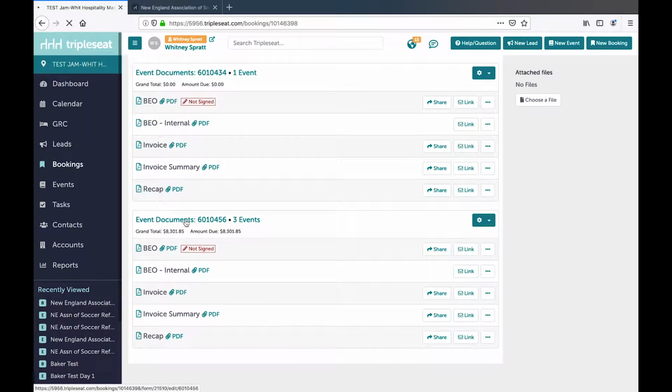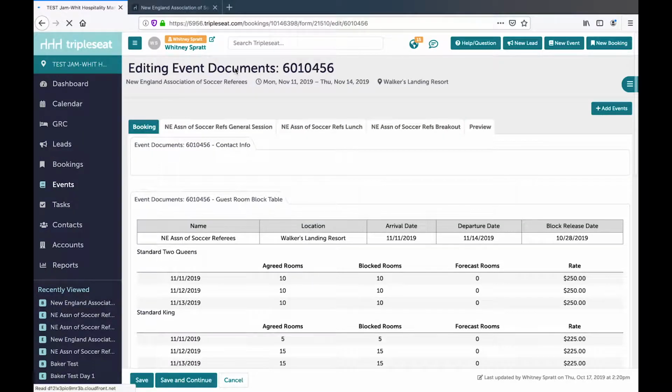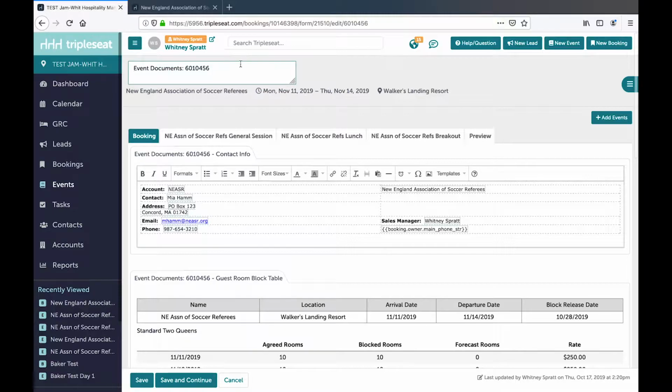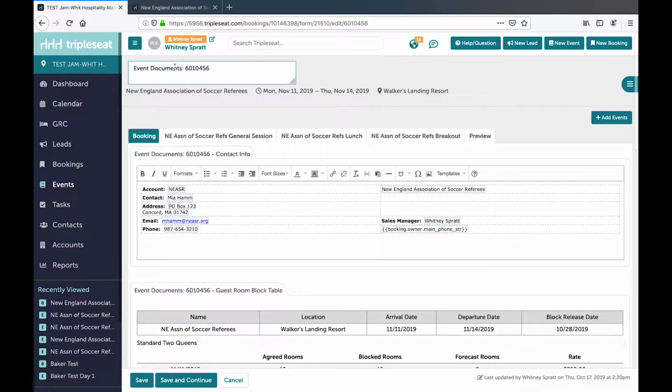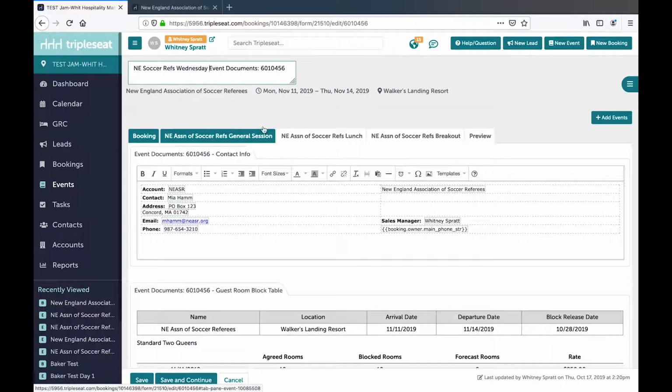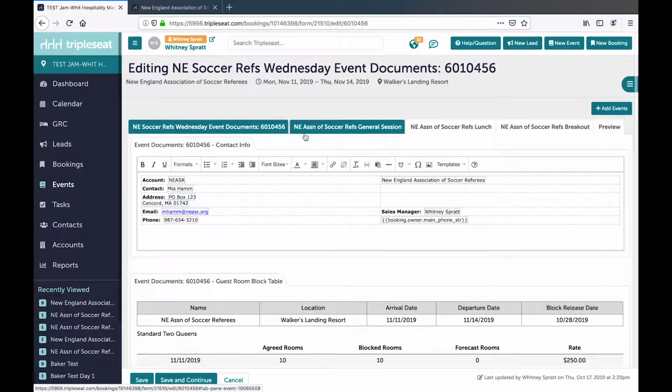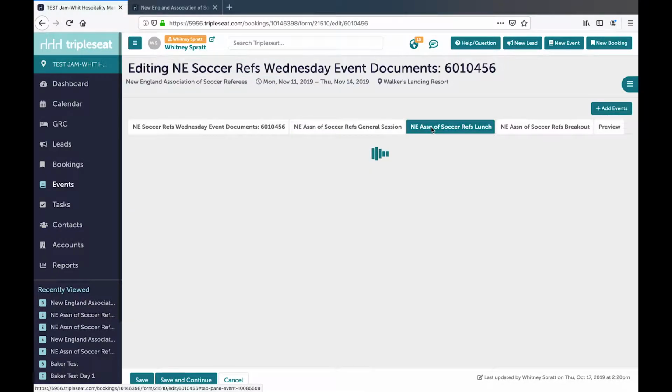I can rename my template to indicate that these are Wednesdays. And then from here, if I needed to make any changes, I could do so. So let's say that they wanted to keep everything the same as Tuesday, but they just want a different lunch on Wednesday. So we would go into Wednesday's lunch tab,